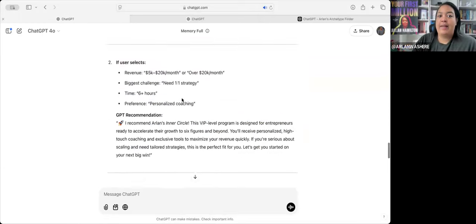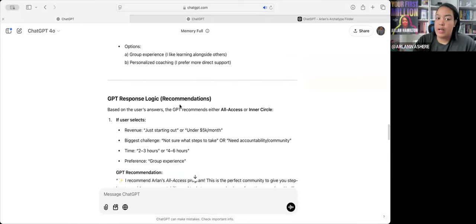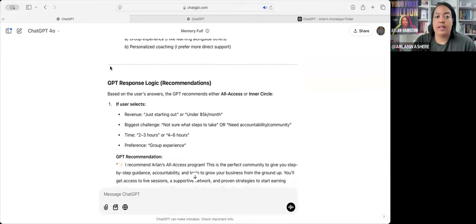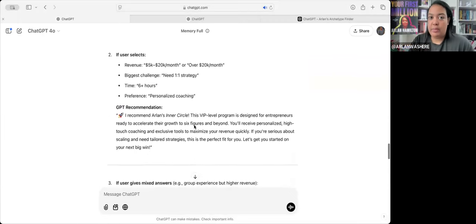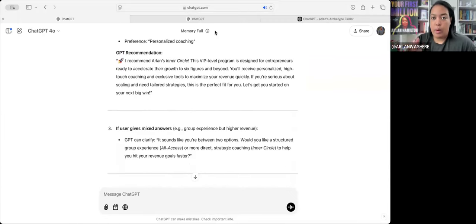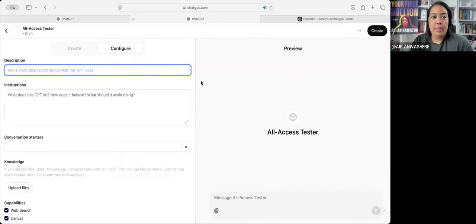So now I have this. I haven't read or looked through it because we don't have time right now. But what I would normally do in this case is read through this, paste it, and then edit it for my own taste, right? I may have a back and forth conversation with ChatGPT to get it really where I want it. But now I'm going to go back over to ChatGPT, the GPT maker, and I'm going to say this is